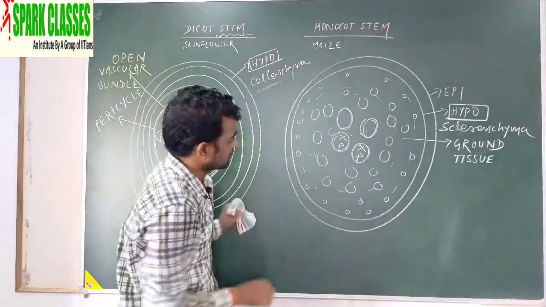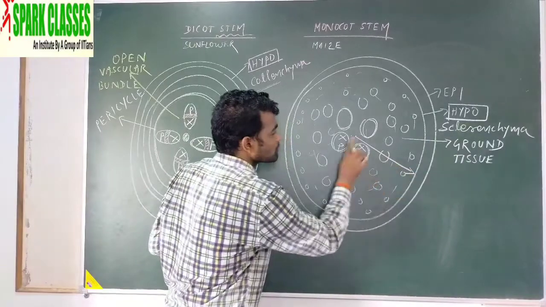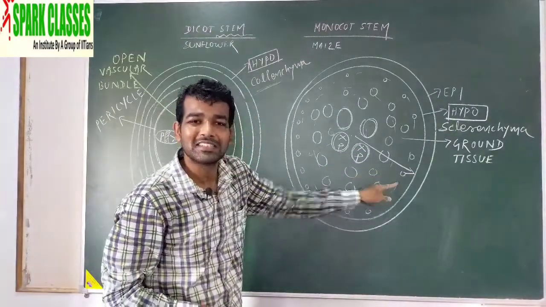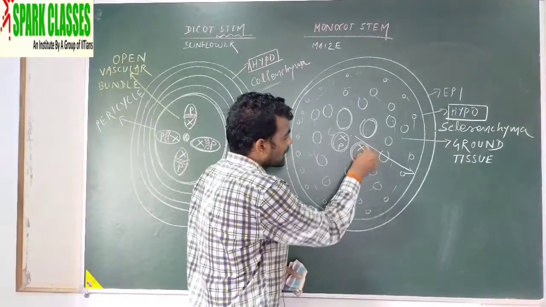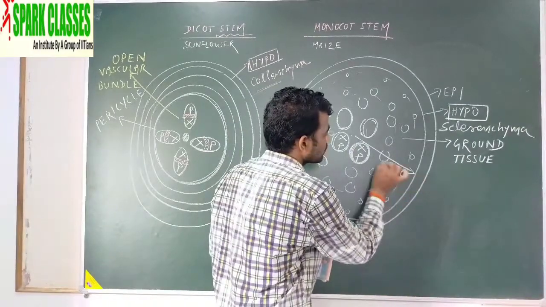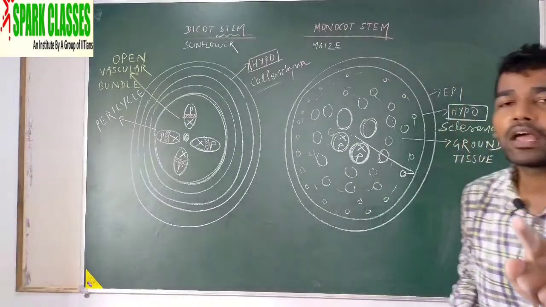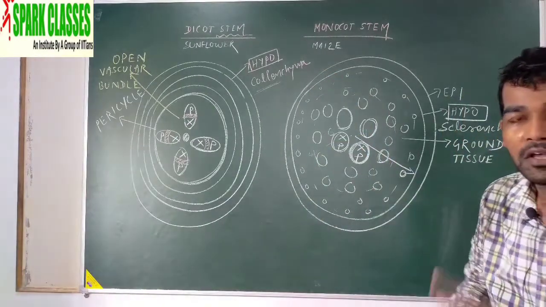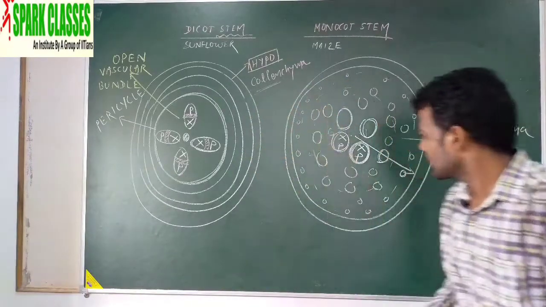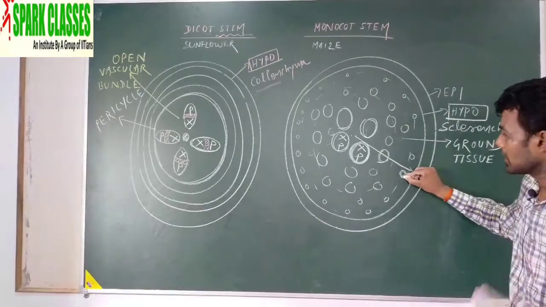But an important thing, if you go from the center towards the periphery, the size of the vascular bundle decreases. Large size vascular bundles at the center, small size vascular bundles at the periphery. Again use the same formula I had told you: phloem, phloderm. Fewer letters, phloem, outer side, less size, small. The vascular bundle size is small.